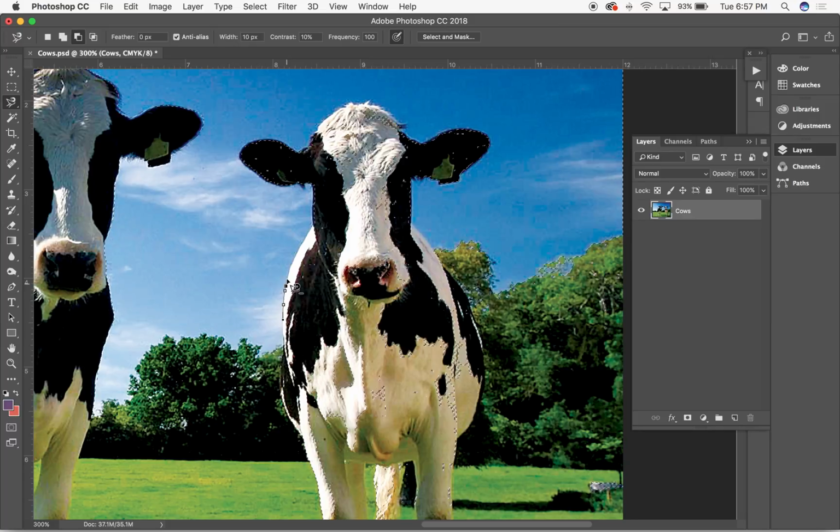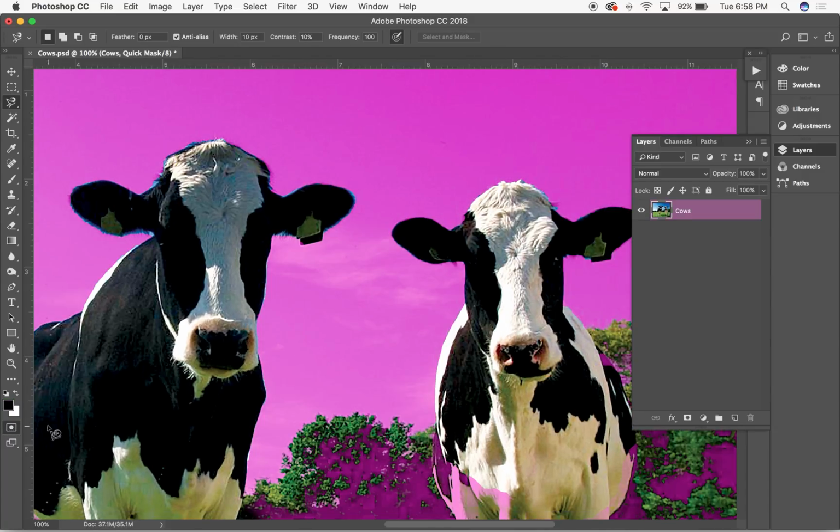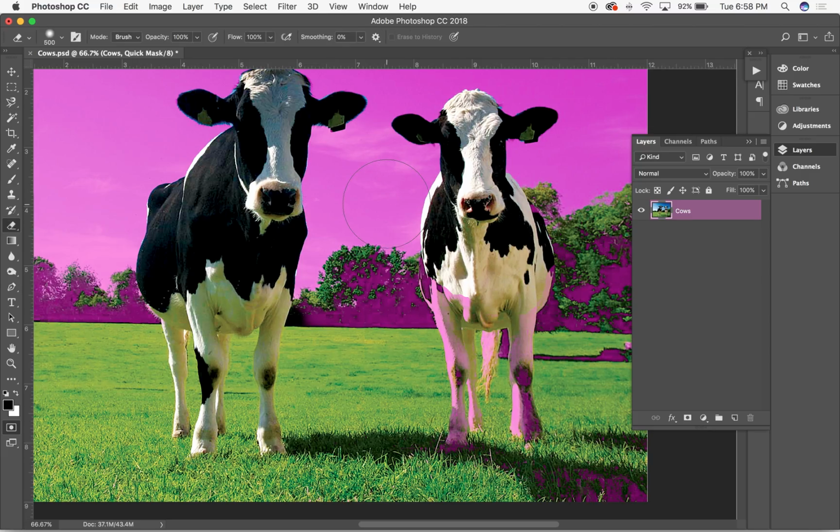So just depending on what you're trying to accomplish, what you're trying to select, some of these tools might make more sense than others, but if you can select the majority of something and then refine your selection with these selection tools, these lassos, magnetic lassos, maybe it's a pen tool, things like that, maybe it's a brush, it makes your job a lot faster. So this area I'll just rough in, finish them out, double click, okay, check my quick mask mode again, okay. So then I'll go into my brush here, I'm sorry, my eraser tool, and then just erase this extra selection stuff